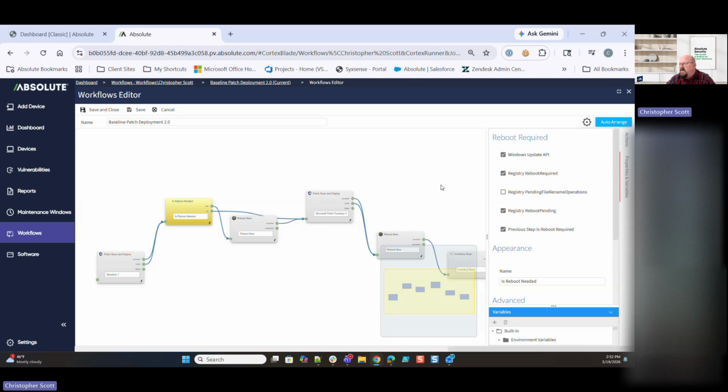We used to include what you see, the unchecked box there, the pending file rename operations. That's less important when it comes to patching. It's important as time goes on, as the daily use of a device goes on and on. You're saving documents, changing documents, maybe moving files, and uploading or updating software or applications. That does become important. I'm not negating the importance of it. I'm just saying for when you're applying patches, that could become a false positive, if you will, for is reboot needed. So we want to make sure that we're only focusing on